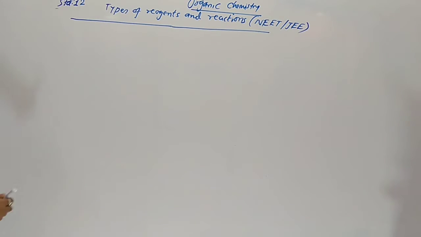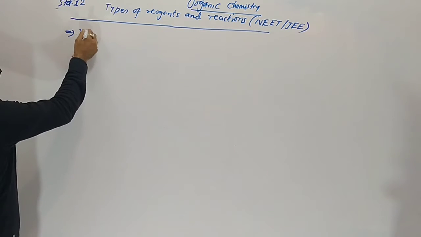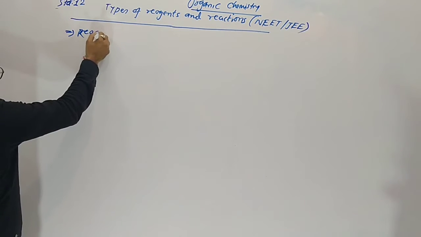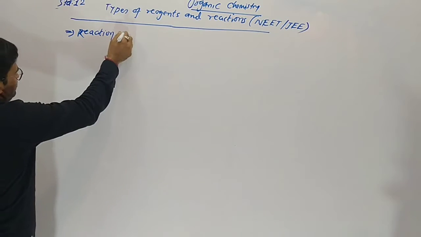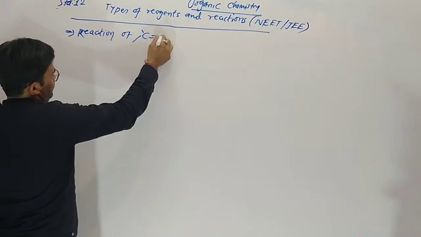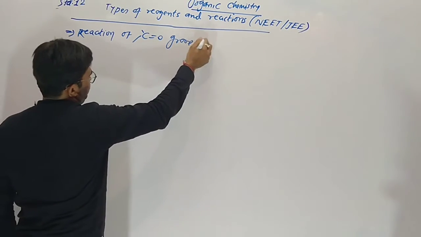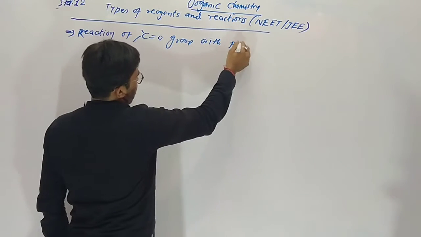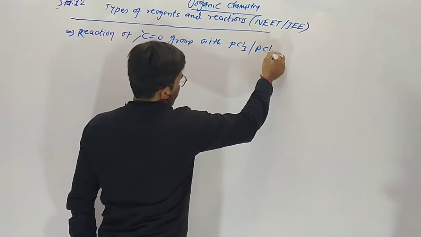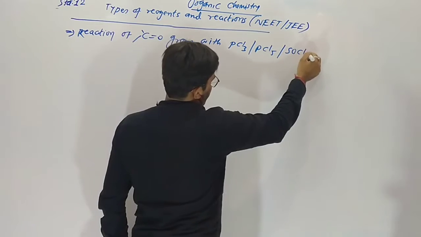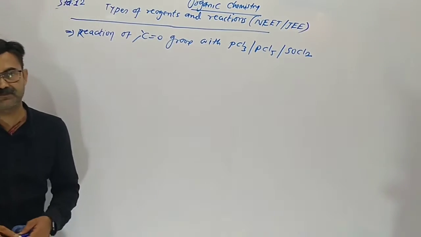Today we are in our new point: reaction of a carbonyl group with PCl3, PCl5, otherwise SOCl2. Yes, and it gives different type of product. So first of all,